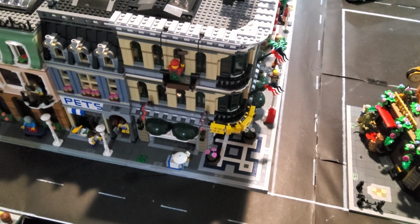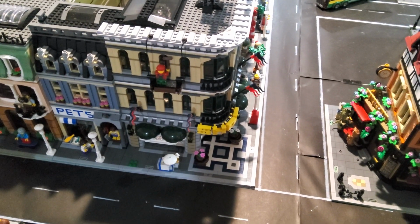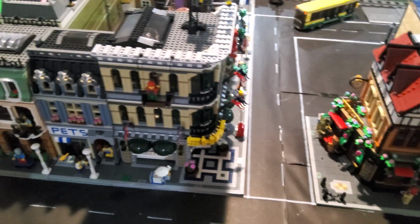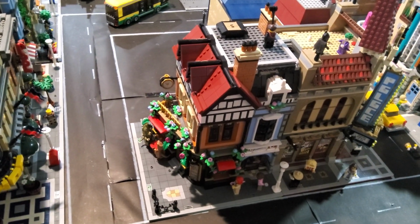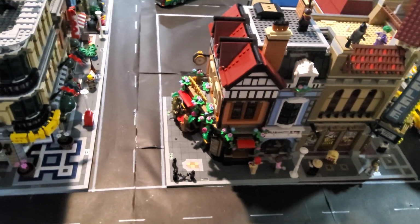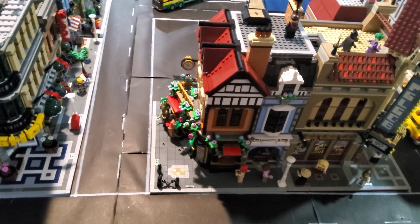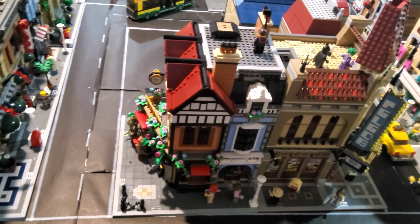Today I've got a comparison video for you guys, which is a comparison between set 10211, the Grand Emporium, and set 10350, the Tudor Corner from 2025. Now, both of these were corner buildings for the modular collections, but the one big reason that I wanted to do this video